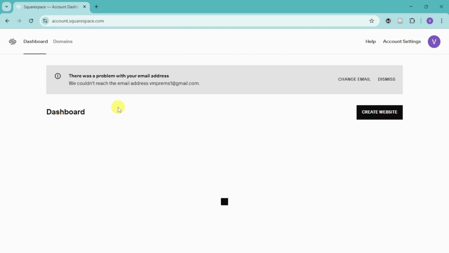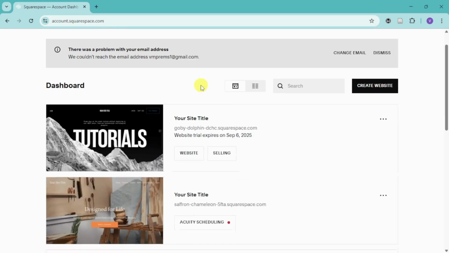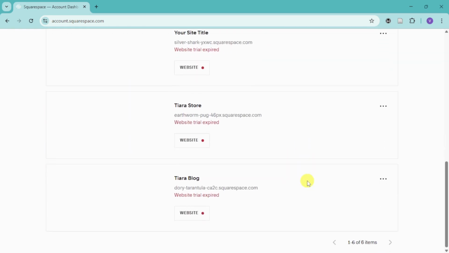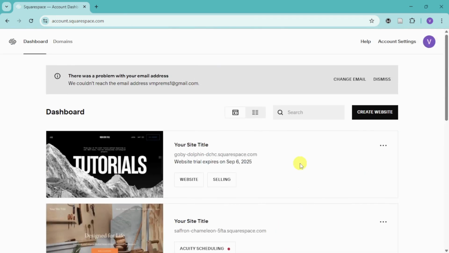From in there, this will redirect me to the account.squarespace.com link, and we should be able to see in here my dashboard. You can see that I have in here this site, another site, as well as some other sites that I currently have. So in this case, you can actually just click on any site that you wish to use or